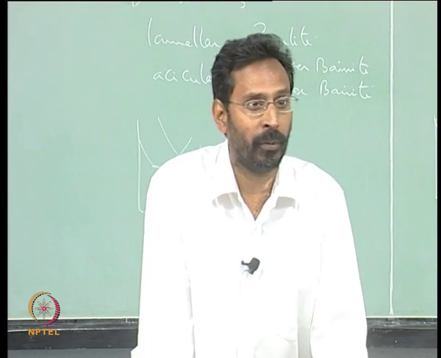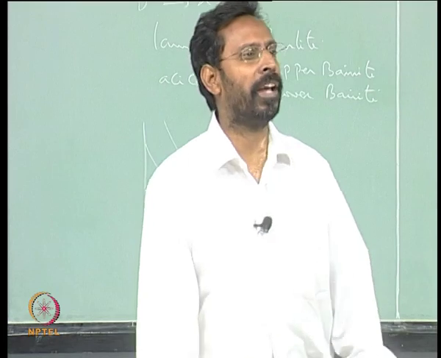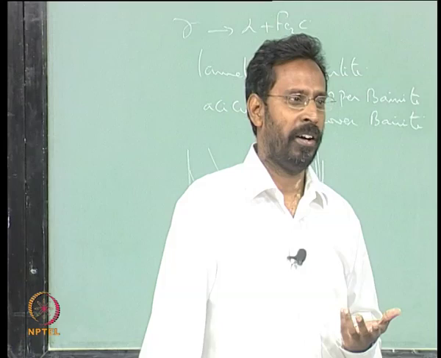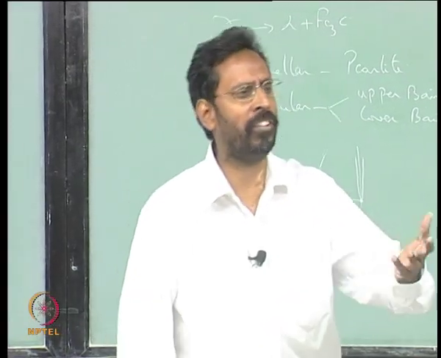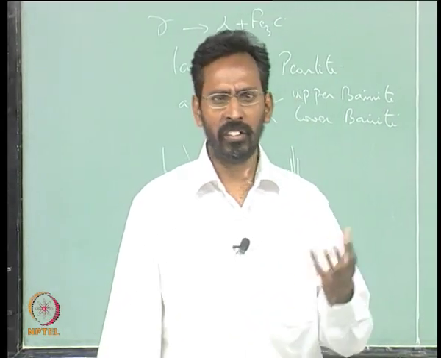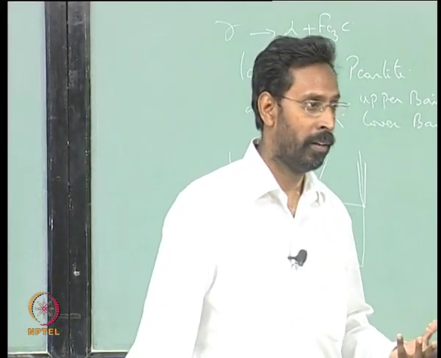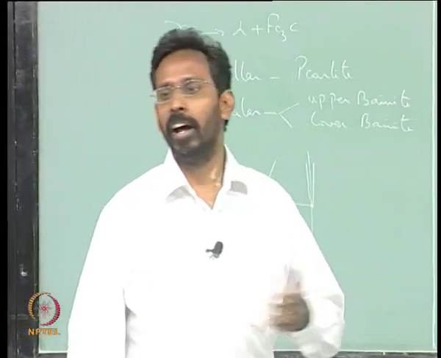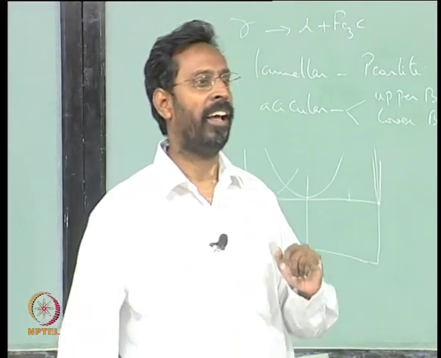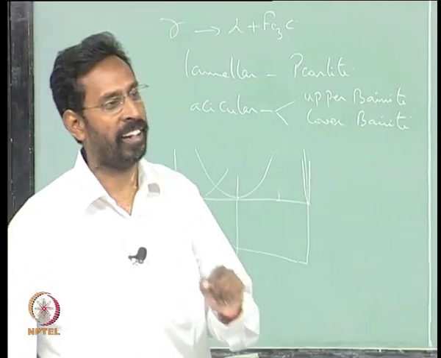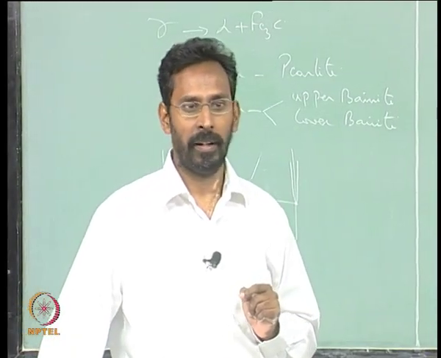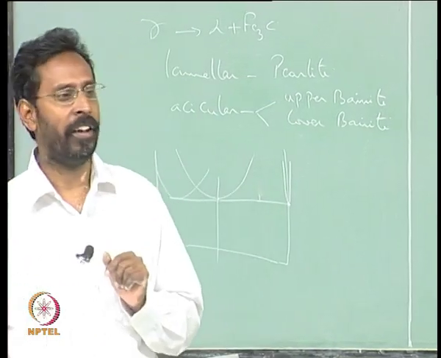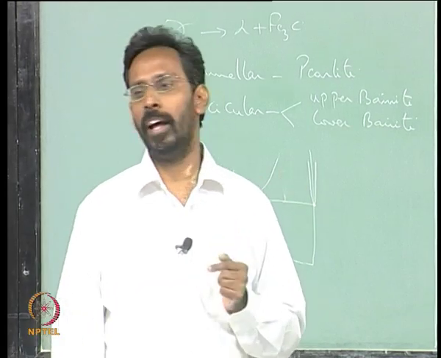Yes, ball milling is one, irradiation is one. Basically you have to break the crystal structure, you have to destabilize it. How do I destabilize it? I introduce a lot of defects into it, so that this crystal with a lot of defects becomes unstable, and at some stage it cannot remain as a crystal and undergoes a transformation. We call that an amorphous material, we do not call it a glass. Glass is a term which is specifically reserved for a liquid to solid transformation,